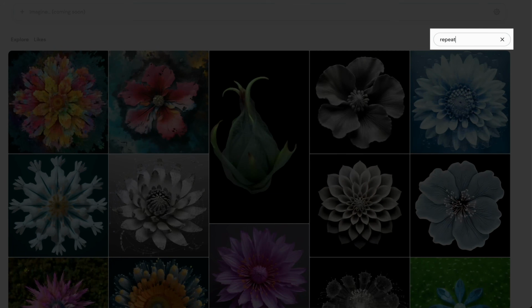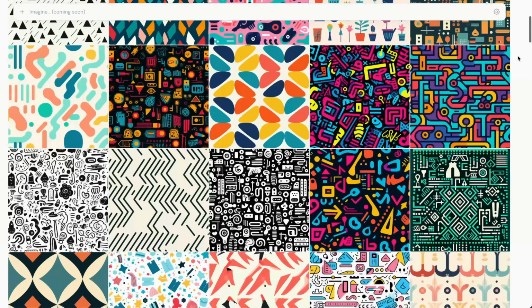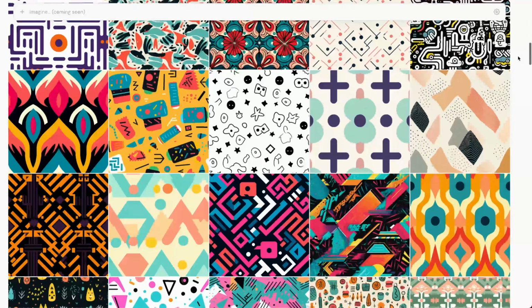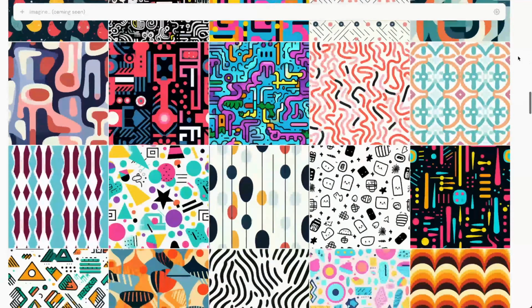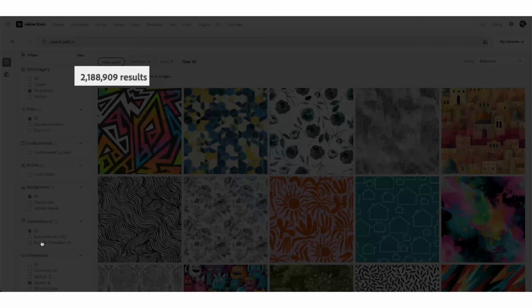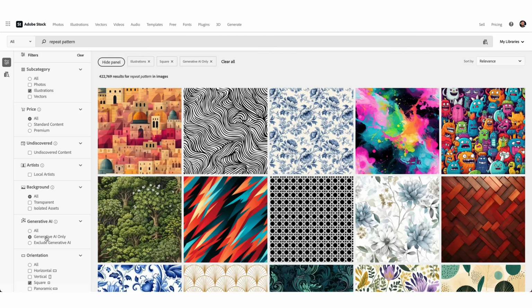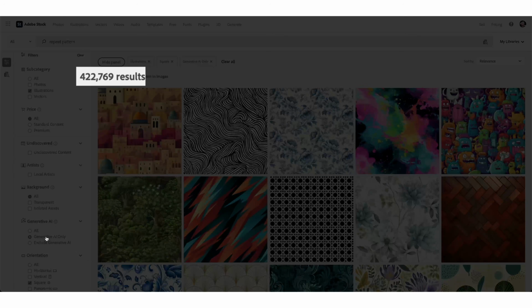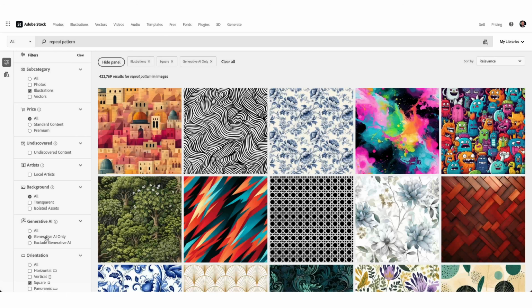Tools like Midjourney can be blamed for the rapid oversaturation of repeat patterns on all digital creative marketplaces and stock sites. As an example, on Adobe Stock, these are the results for square format illustrated repeat patterns, and these are the results showing only the generative AI-assisted assets. The Gen AI assets take up an alarming 20% of this specific search already, but other search keywords may lead to even higher percentages, and this ratio is likely to increase even more in the future.